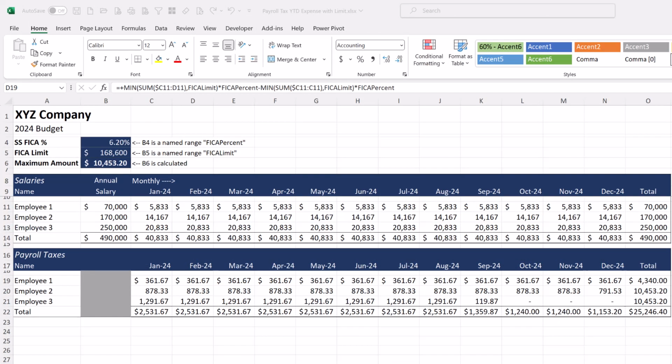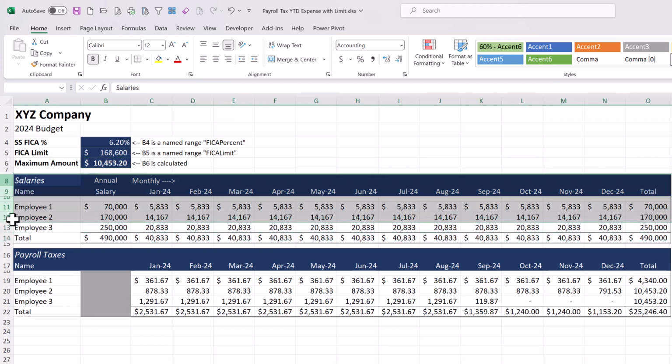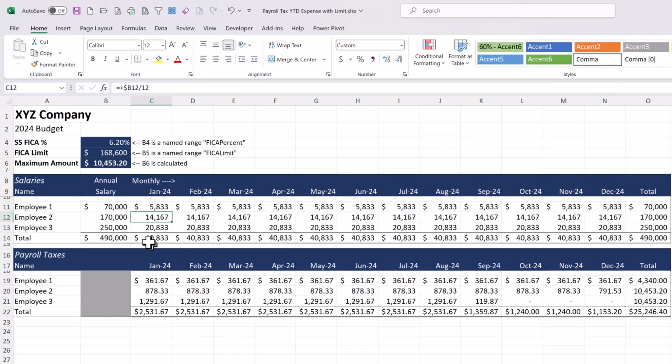Now let's walk through the Excel file. Cell B4 is a named range, FICA percent. B5 is a named range, FICA limit, and this is simply the FICA percent times the FICA limit. So the $10,453.20 is the maximum amount of expense that will be incurred during the year, regardless of how much the person makes. The second section is the salary section, and this is simply keyed annual salary divided by 12 and spread